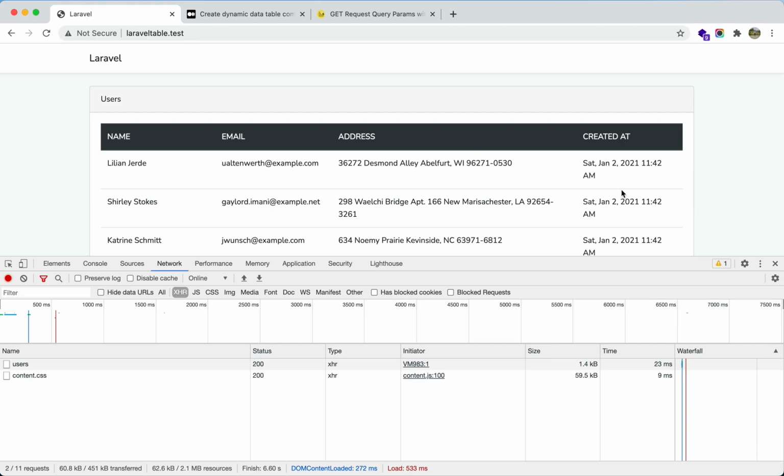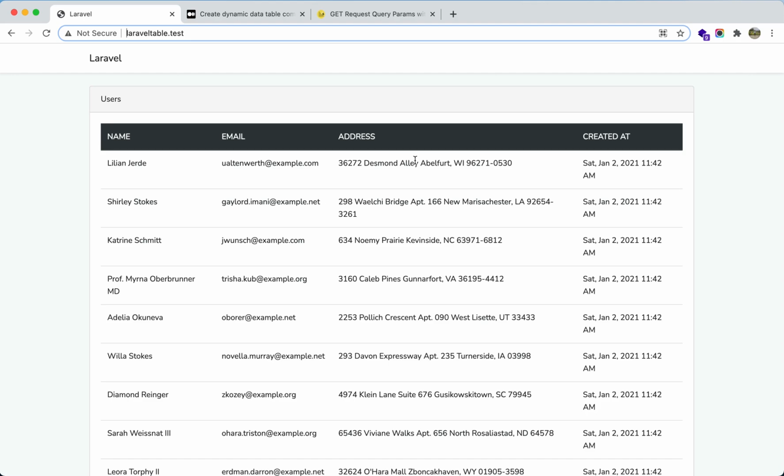Hello everyone. In this video, we will be continuing our data table component to implement the search and the sorting functionality. So, what sort of functionality that we want to achieve is that by default, when the table is loaded, one of the fields will be sorted automatically, and when the user clicks on these particular fields, the field will be sorted,